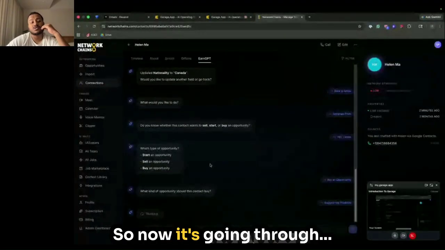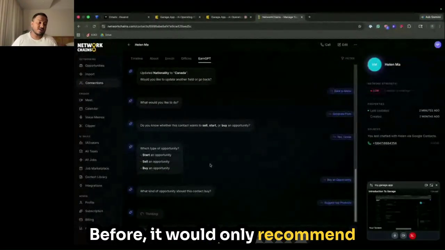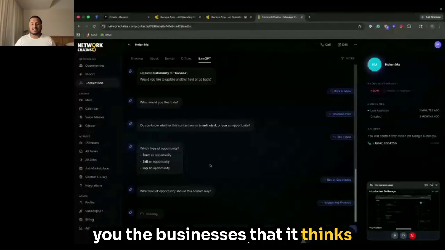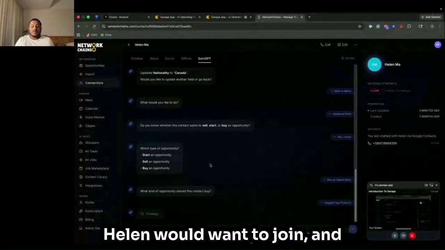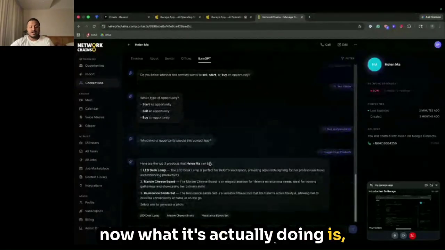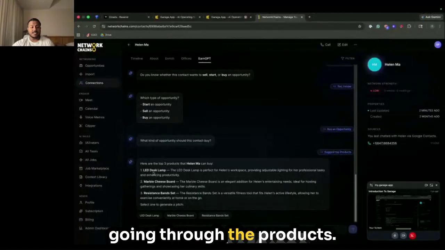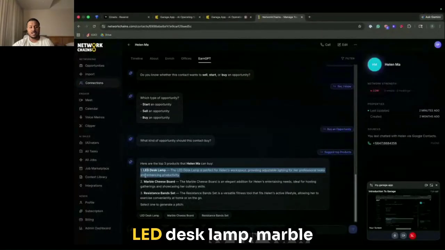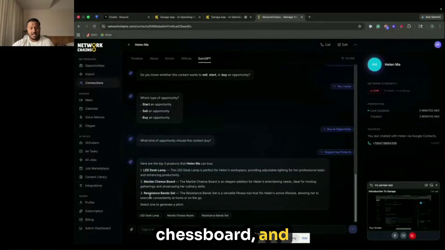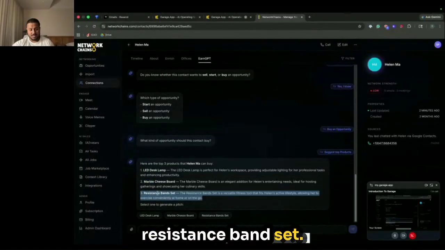So now, before it would only recommend the businesses that it thinks Helen would want to join. And now what it's actually doing, as you can see here, is literally going through the products: LED desk lamp, marble chessboard, and resistance band set.